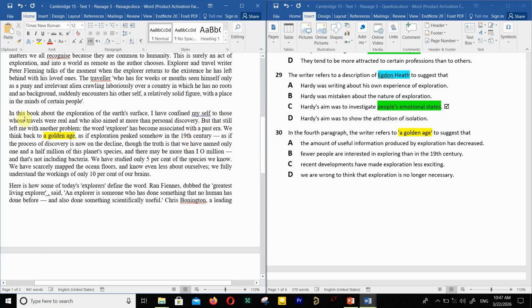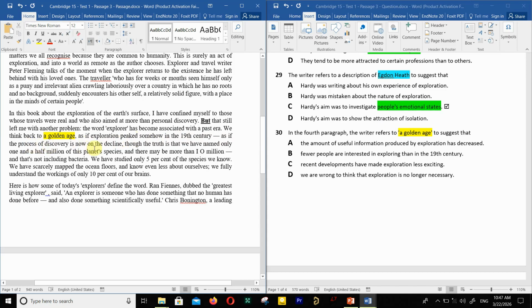So here it says that in this book about the exploration of the Earth's surface, I have confined myself to those whose travels were real and who also aimed at more than personal discovery. But it's important to notice that that still left me with another problem. The word explorer has become associated with a past era. We think back to a golden age as if exploration peaked somehow in the 19th century,